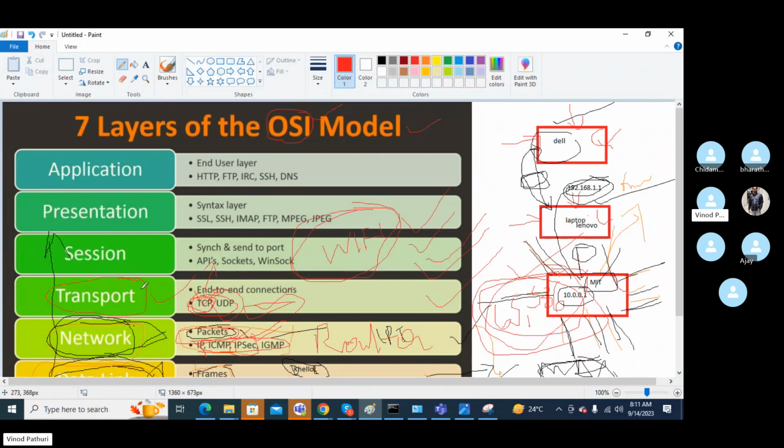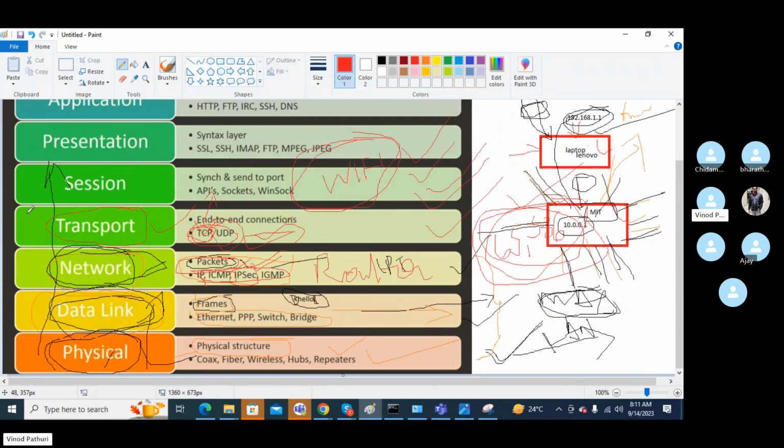So basically, this is the way your data transport happens. One more thing, the bottom four layers, if you observe: the physical layer uses a cable, the data link layer uses a switch, the network layer uses a router, and the transport layer uses ports. So these are all physical, right?